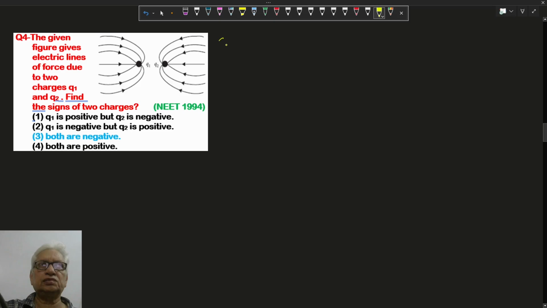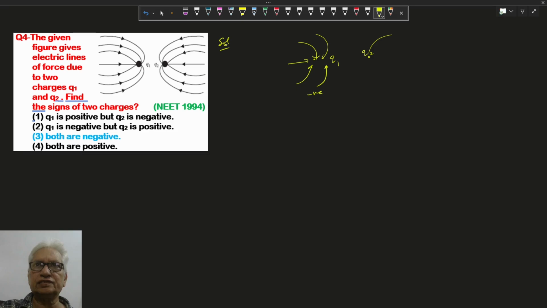1 is correct. In this question, as the lines of force are coming towards and terminating here, this must be a negative charge, and here also 2 lines of force are terminating, so it is also negative. Both are negative, so both are negative, means option